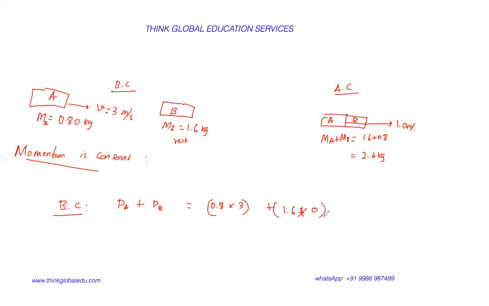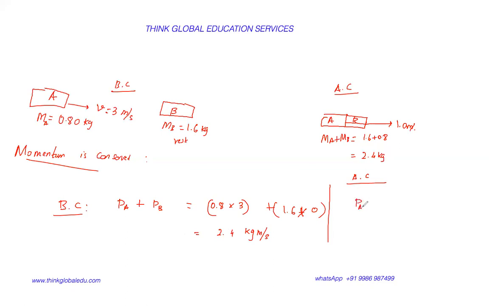So what do we have here? The answer is 2.4 kilogram meters per second. Now we can calculate momentum after collision. So here we can write, after collision,